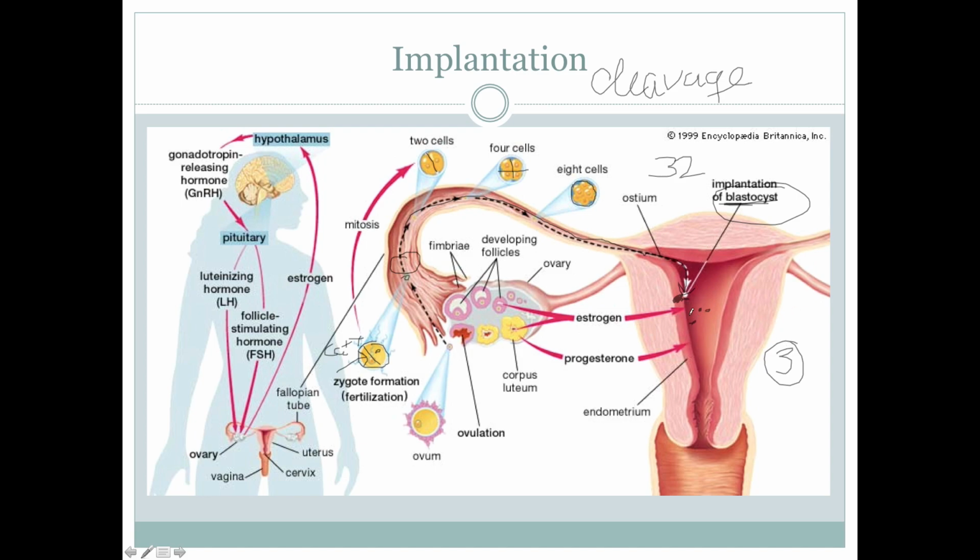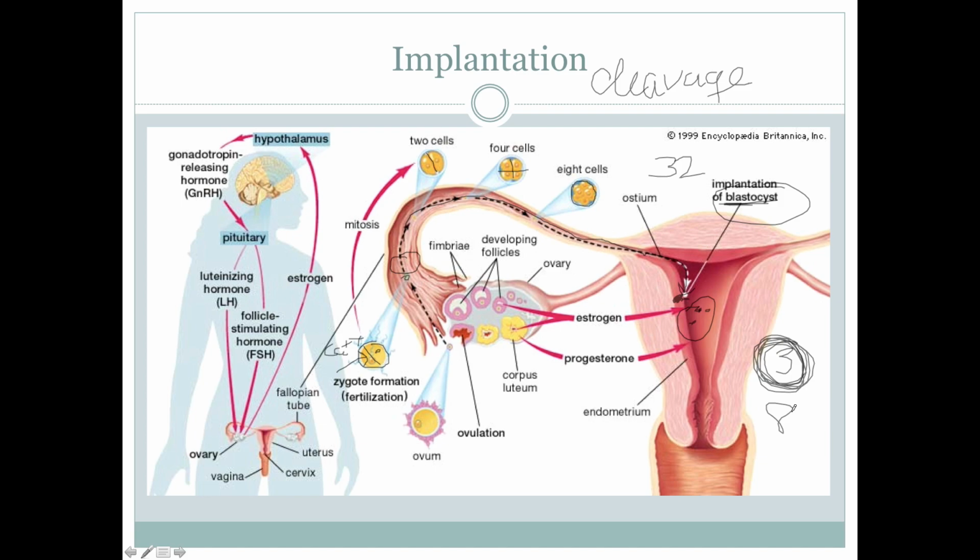That also means that it is possible to have multiple pregnancies, because all of these can develop. But ideally, one to three is usually enough. People that put more than three in usually lose their license. Like in Octomom, there were eight put in. She had eight kids. Yeah, they're not supposed to do that. That's not ethically correct in medicine.